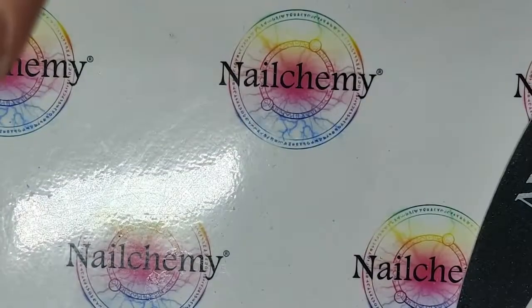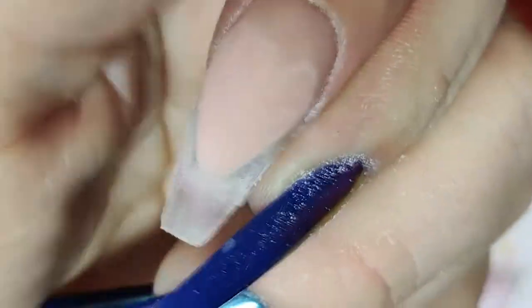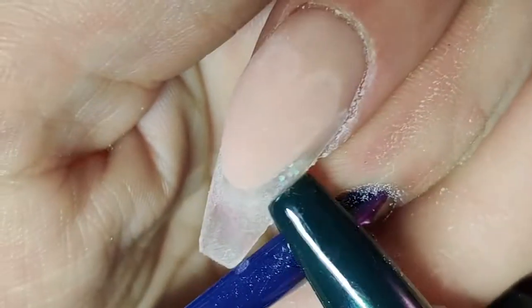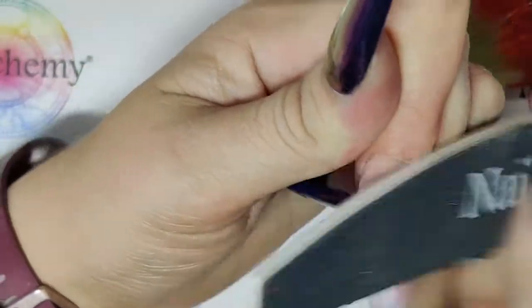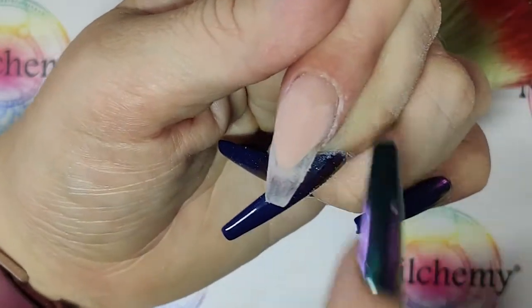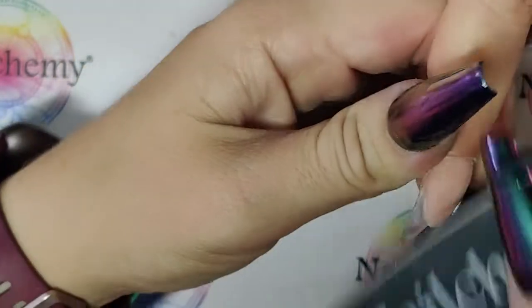Let's see if you can see this on the camera. Where's my brush? Where's my duster brush? Right, so you should be able to see, ignore that glitter that was there from last time. You should be able to see along here, I've got a definite corner now. That's what we want. And we need to make sure that that corner goes right up into these corners up here. Corners in the corners. That's what we need. Okay, so when you're happy with that,